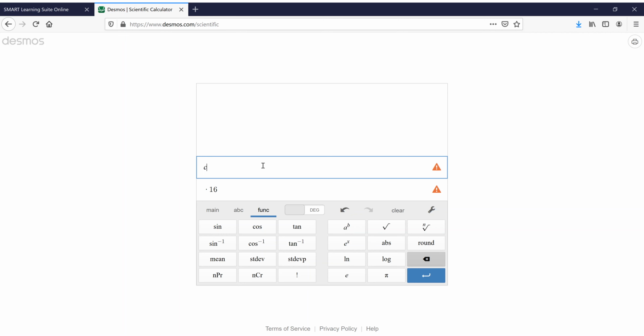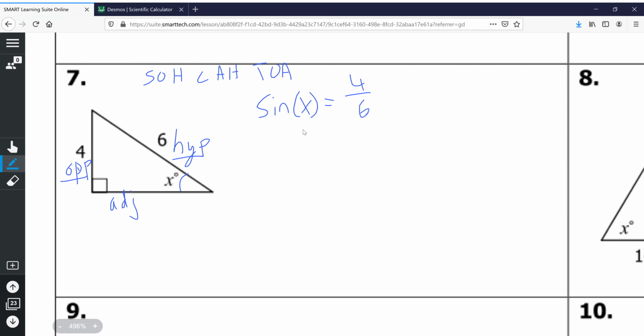So what we actually do is take both sides, and how we write it is we take what's called the inverse sine of both sides, and they cancel each other out. So you apply the inverse sine to both sides, and those cancel out and you get x. Then in your calculator you plug in the inverse sine of